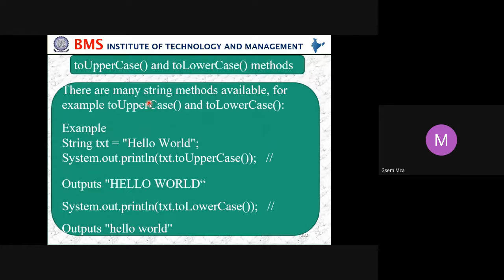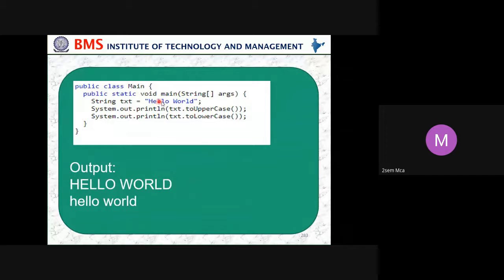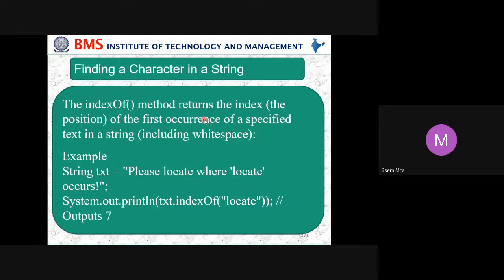So this is how you have to practice writing programs in Java. Here this is just the logic of how to convert. We are storing this "Hello World" in a variable called text, and we are displaying it in uppercase. In the same way, "Hello World" is stored in text, and we convert that to uppercase and convert that to lowercase. Okay, so next we move on to some more built-in functions.